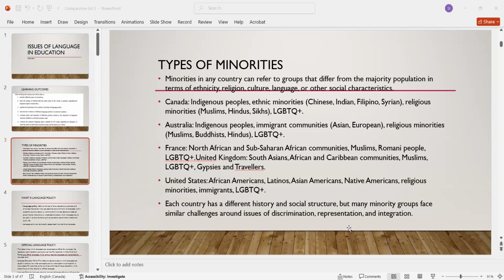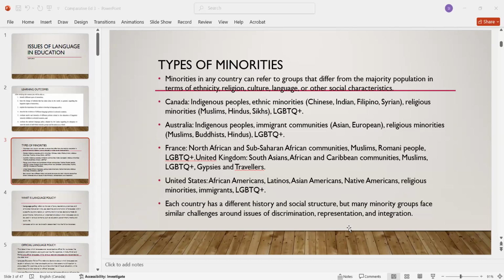Minorities in Sri Lanka. Tamil people. Tamils, Muslims, Malay, Burgher, right? Under Tamil, there are categories. Anyway, those are the minority groups in Sri Lanka. We'll see in the other selected countries what the minorities are, and what problems they faced due to being a minority or due to language issues.